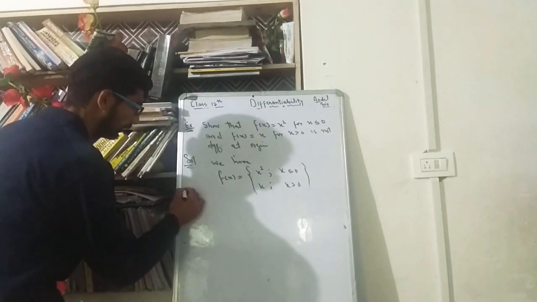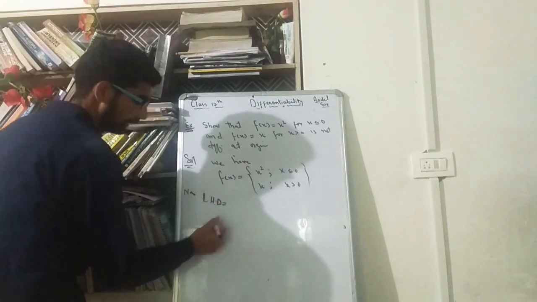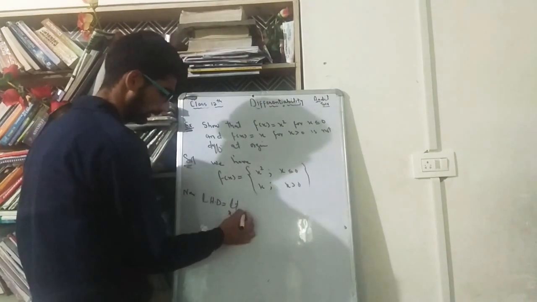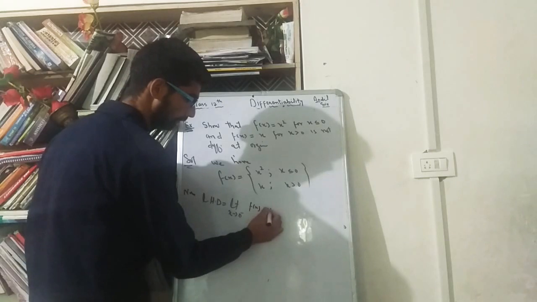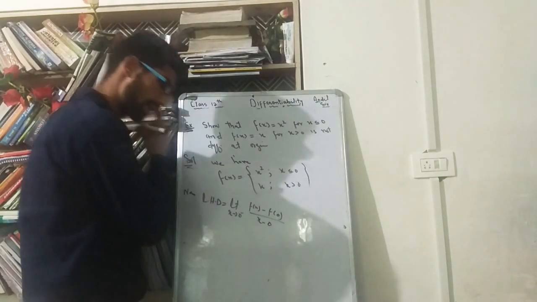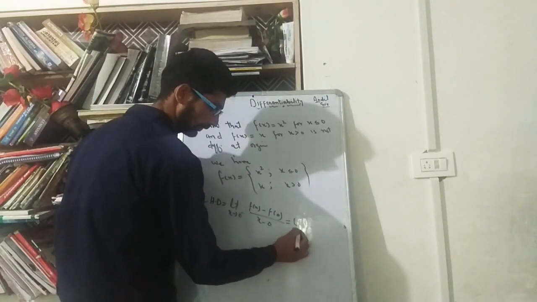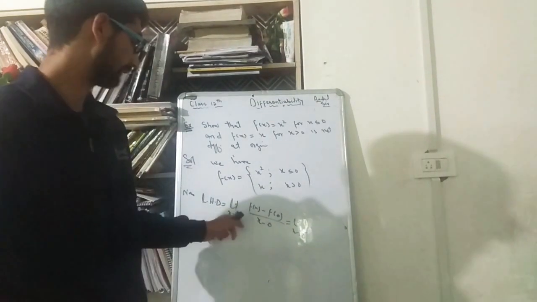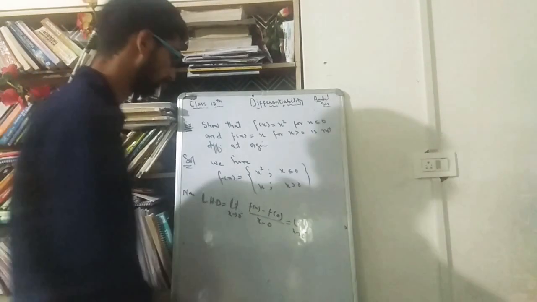So first, the left hand derivative equals limit x tends to 0 negative, f of x minus f of 0, divided by x minus 0. It will be equal to limit x tends to 0 negative. For f of x, when the values of x are less than 0, we have x square, so it will be x square